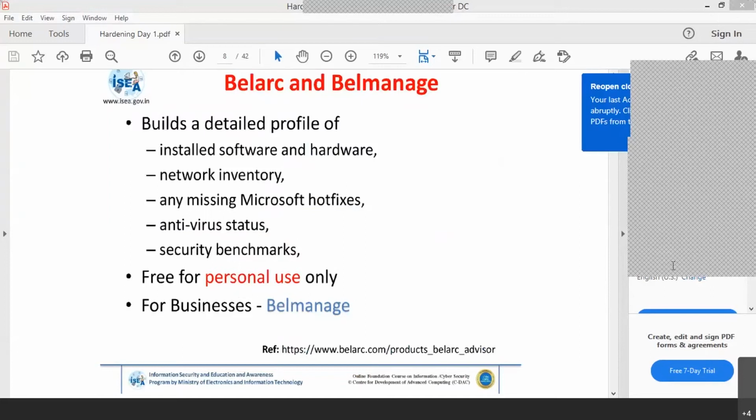These are the two tools we will be focusing on today. With the SysCAD tool we'll be focusing on hardening for the Windows operating system. Linux is different, but the SysCAD tool is common for Windows as well as Linux. So how to install it? We'll go directly to the installation, without wasting time.